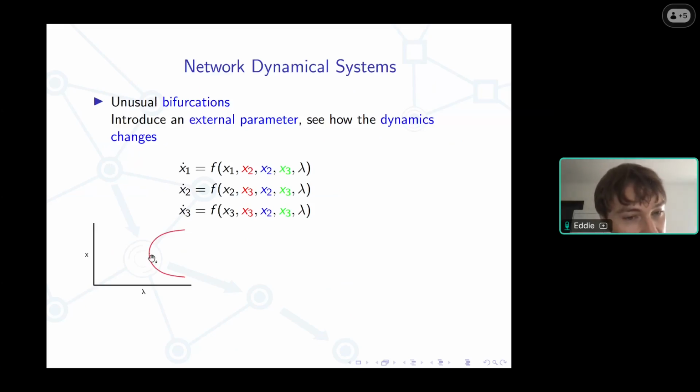Here's lambda, so every vertical slice is one ODE of this form, which may or may not have some steady state points. This x could be x2 or x1 or x3 or some sufficiently generic combination. And what you see in the saddle node is as you move your lambda, there are first locally no steady state points, and then two emerge, typically a stable and an unstable, or at least one has more stable eigenvalues than the other ones. And this saddle node steady state bifurcation is important because you can prove that